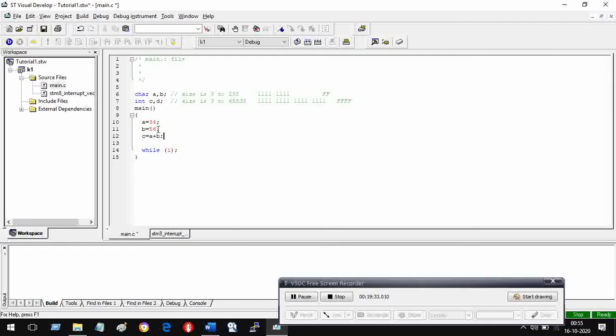B equal to 56 means this value on the right-hand side is assigned to a variable whose name is B. And let's put D is equal to A multiplied by B. The multiplication sign is shown like a star, A multiplied by B.